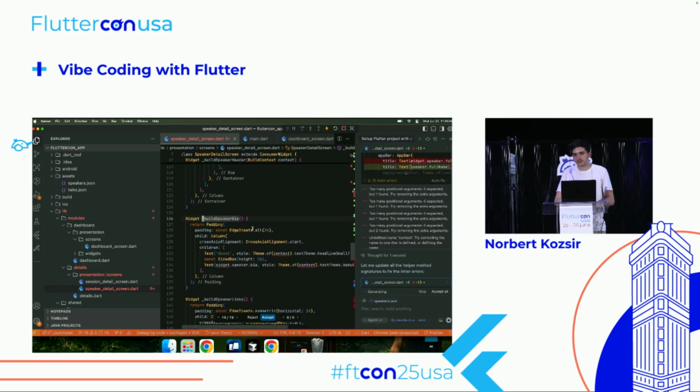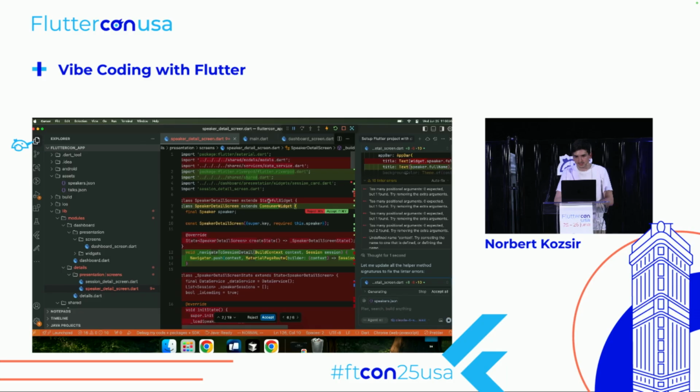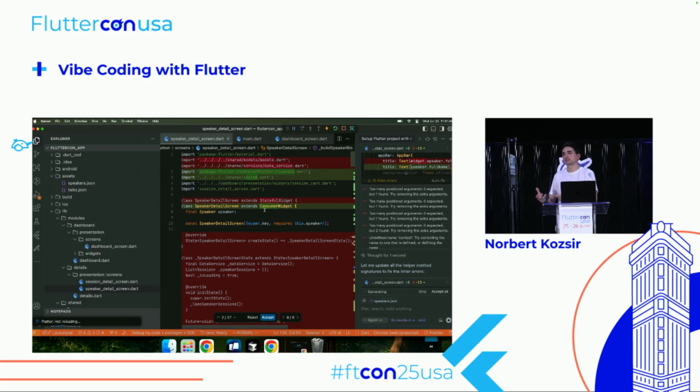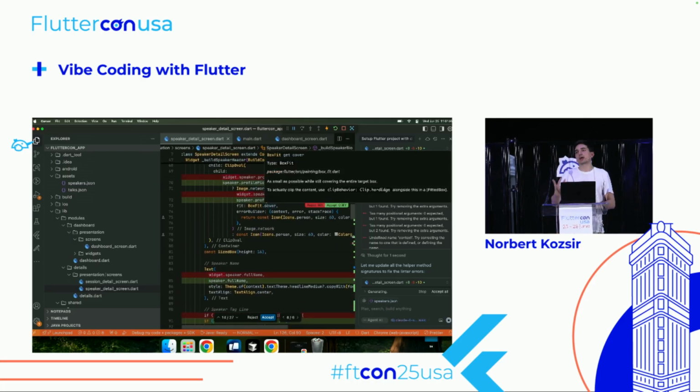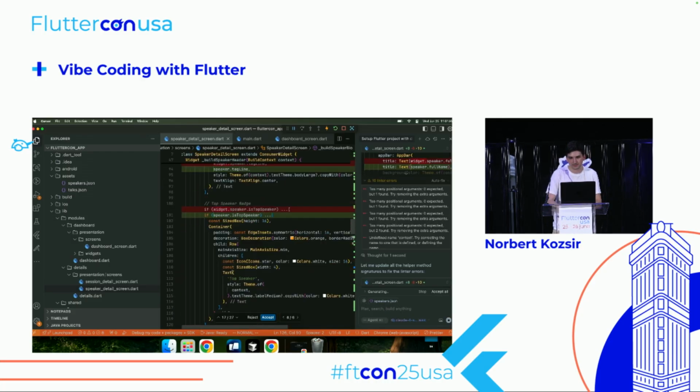It didn't pass the context because I think it went from a stateful widget to a consumer widget, which is good. We want as much stateless stuff as possible. And there's also a consumer stateful widget. We don't have to dive too deep into Riverpod, but a consumer widget is basically a stateless widget which has access to Riverpod. A consumer stateful widget is the same but stateful. It converted and noticed, okay, we don't need a stateful widget anymore because we can simplify. And that's why there were a bunch of functions where it now has to pass the context to get the theme.